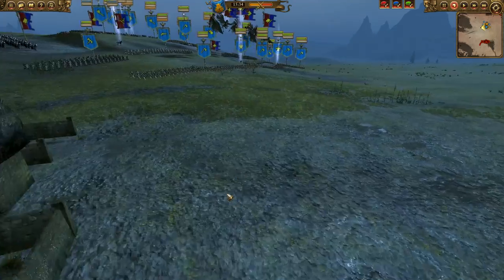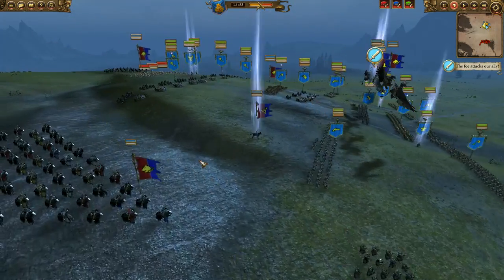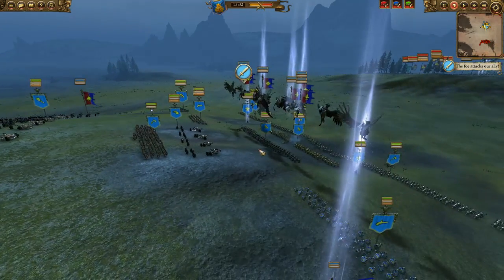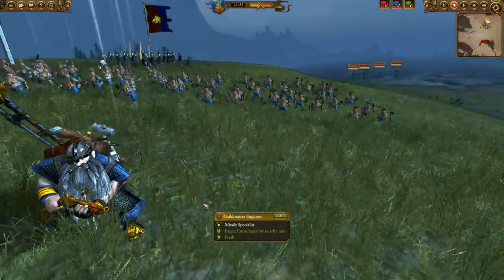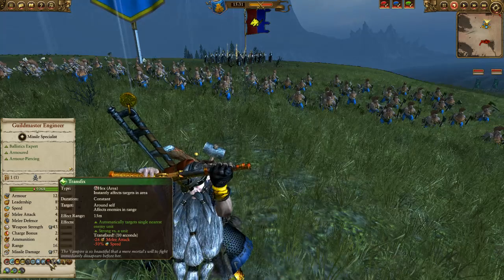So you can see I have a main line of dwarf warriors, and then all around the back I do have longbeards with great weapons. I think I have 4 units up here. Yeah. In the back I do have some slayers. I have my general, who is the guild master engineer, and he has a ton of really cool buffs,